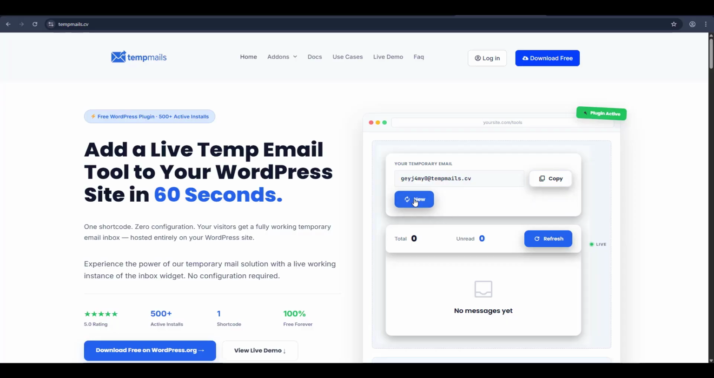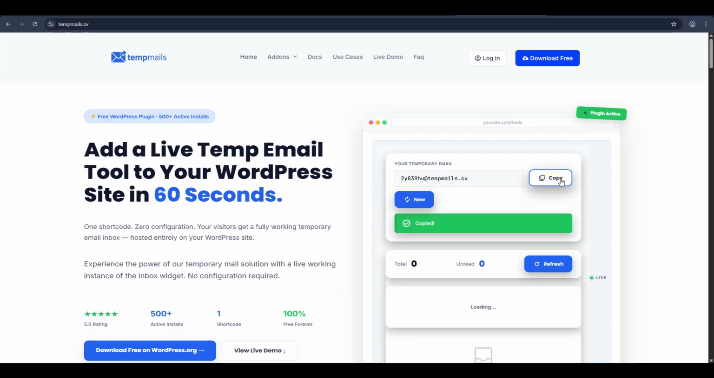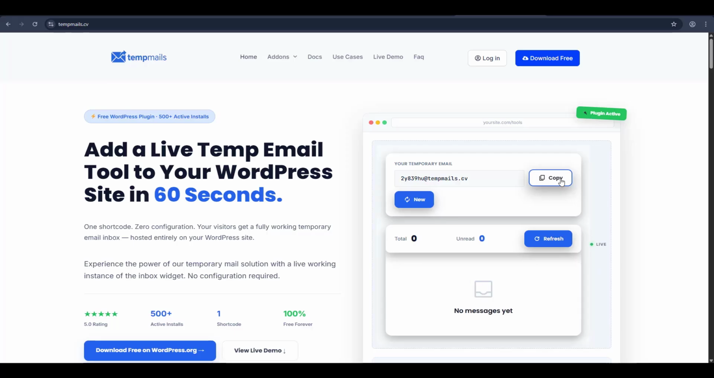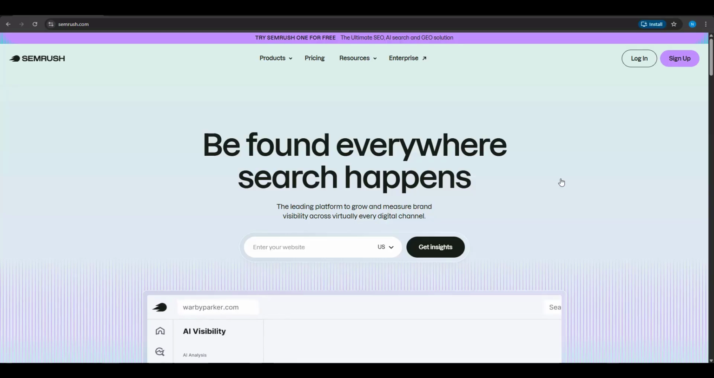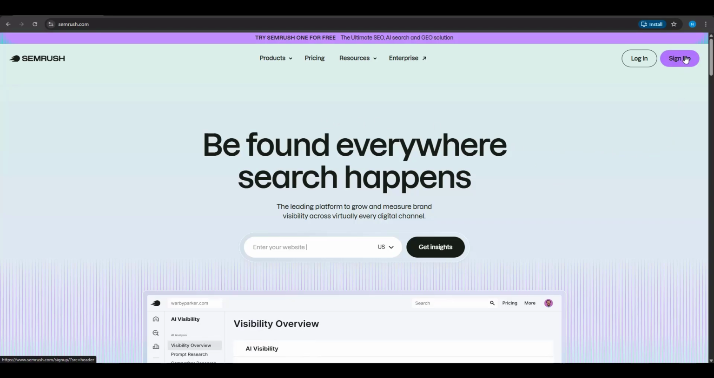I'm going to click on new, and now I'll just copy this email address and go back to the service provider and create a new account with it, and let's see how it is done. For example, I am on the SEMrush website. This is an SEO service provider, and I want to try a free account. So I'm going to click on sign up,